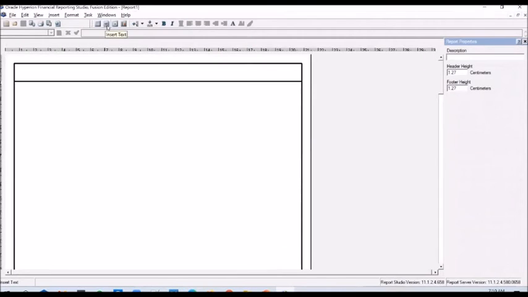And you can add in a text heading. We'll use this to add a text heading to the report. We can add in a logo or an image to the report. We can do that with the help of this. We'll see how to do that.